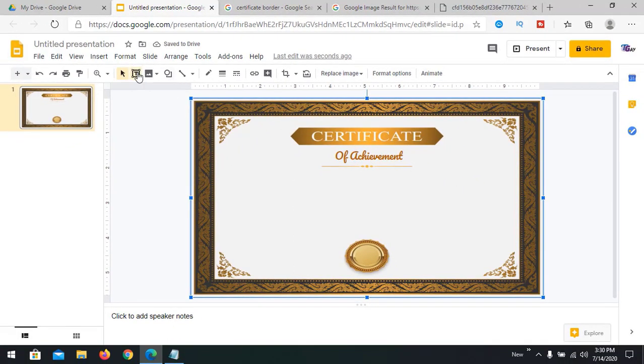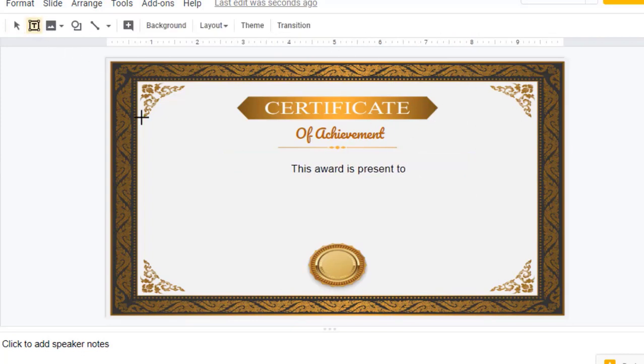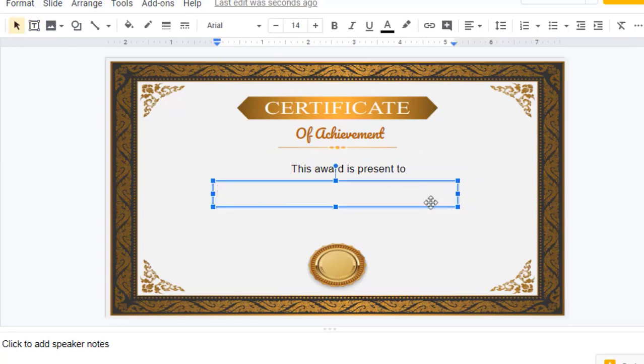Now we can add more text here. This award is presented to, and adjust where it should be visible. You can increase the size according to your need. And the next text I'm going to add, you can add in a single text, not a problem. So you can add with this.